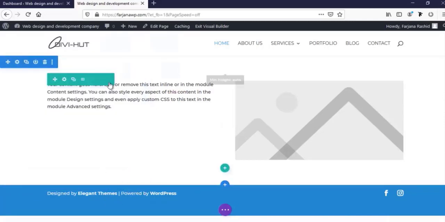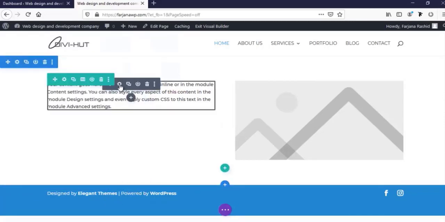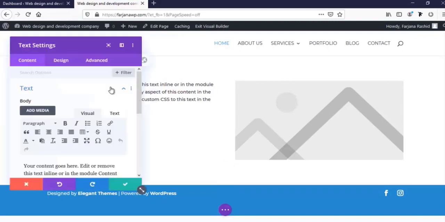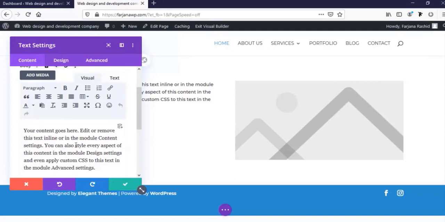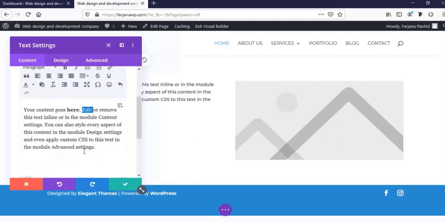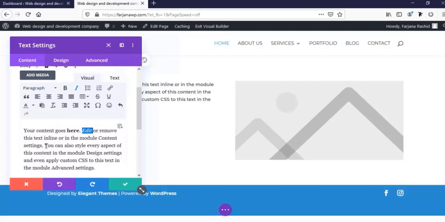Okay, so in each module, when we click on this gear icon, for example, for this text module, we can change our text from here, and here are several options to style our text. So we can make our text bold, we can make our text italic, and here is a list option, here is a numbered list option, and here if we want to make any word linked, for example, here I am adding a link,